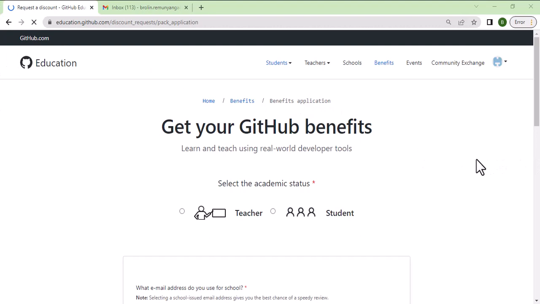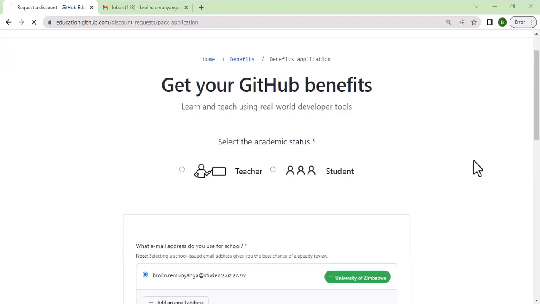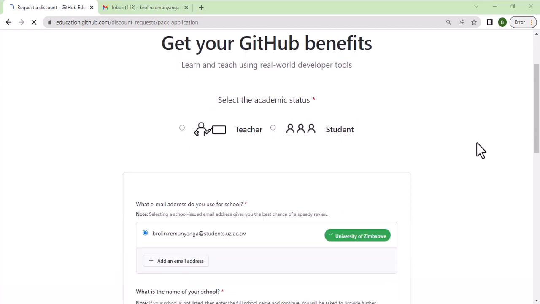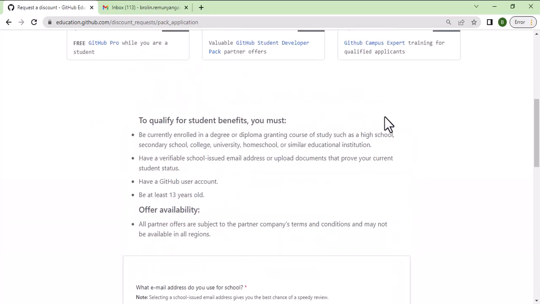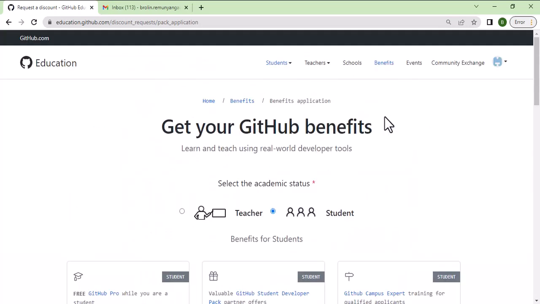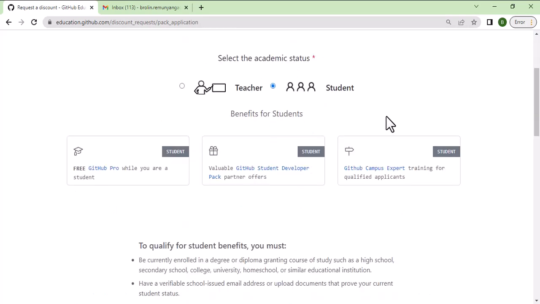It's telling us, get your GitHub benefits, learn and teach using real-world developer tools. So you are a student. Get your GitHub benefits. You have a free GitHub Pro while you're a student, and a valuable student developer pack,